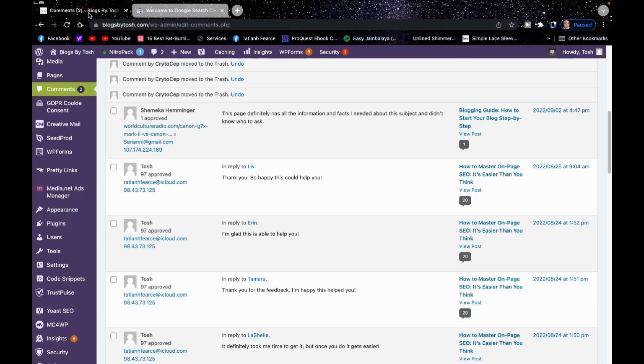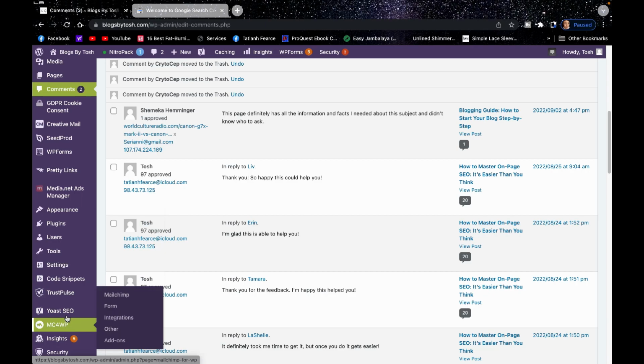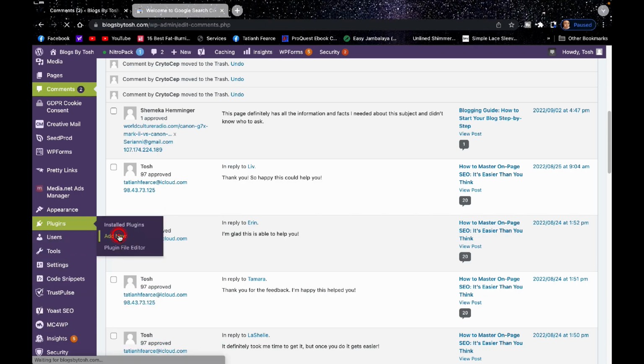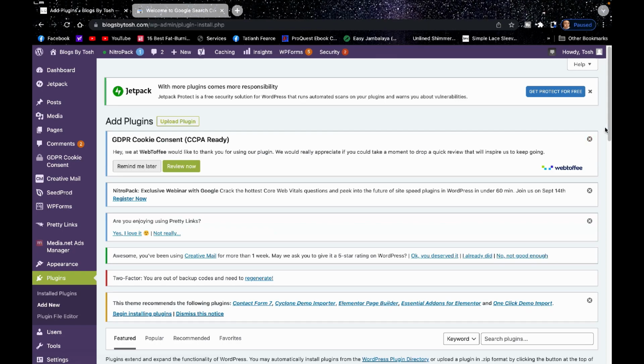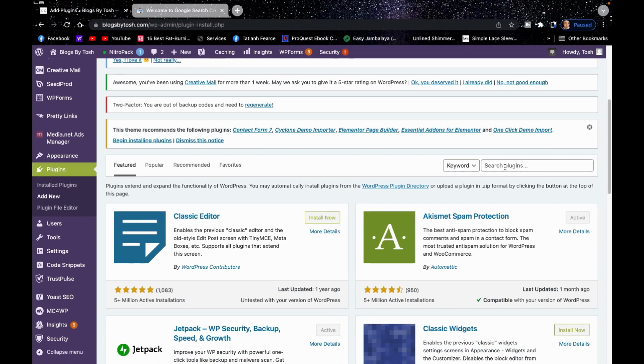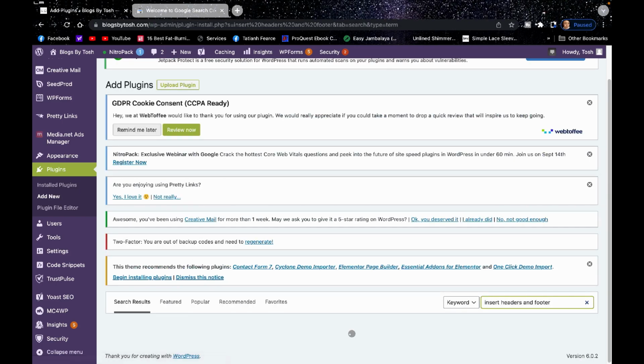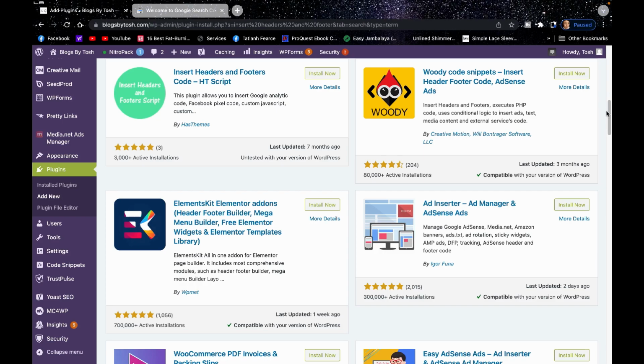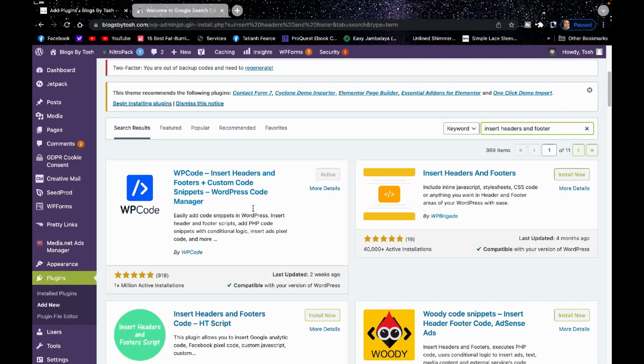Then you want to go to your WordPress homepage and go to plugins, add new, and then search "insert headers and footers", and just click enter. Then this first option right here, WP Code, insert headers and footers. You're going to need to install that and then activate it. And then once that's done, I don't have to do that because I already have it, but once that is done,